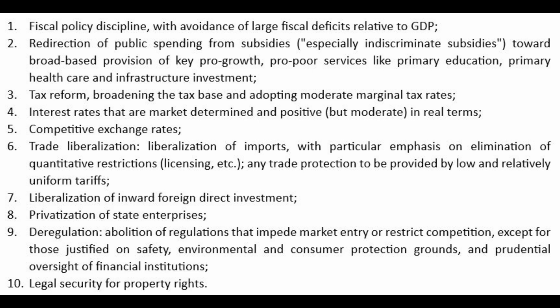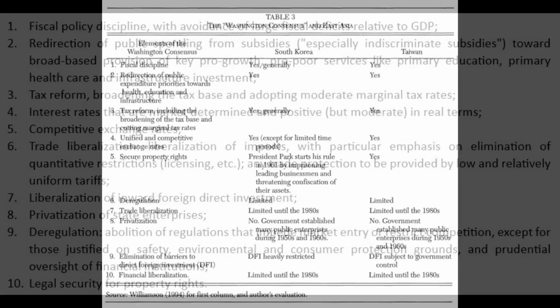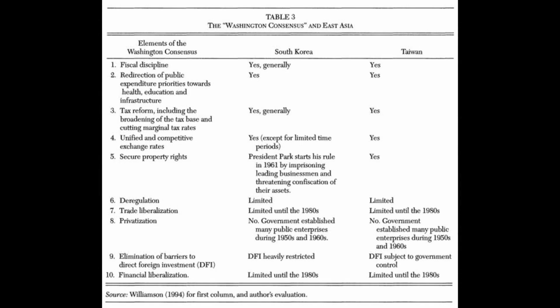Dani Rodrik has critiqued the Washington Consensus on the basis that, in his argument, if you look at some of the most successful countries, particularly South Korea and Taiwan, in the period of the 1960s through the 2000s, they did not pursue all of these policies. And indeed, in some cases, for example, there are significant restrictions on foreign investment, restrictions on foreign trade, and operation of many government-owned enterprises, as well as various other types of regulation. They seem to have flat out contradicted the recommendations of the Washington Consensus.